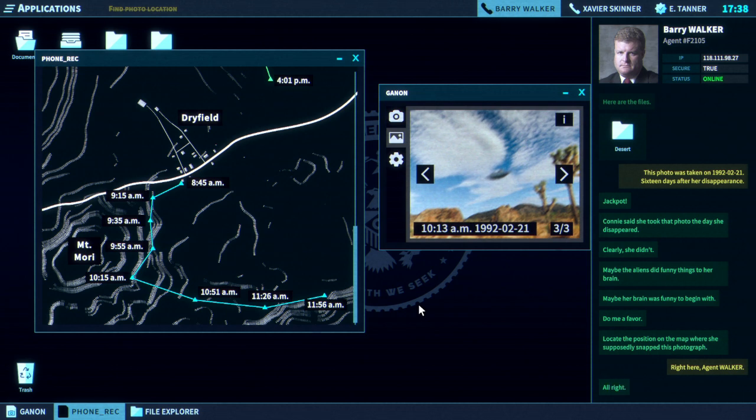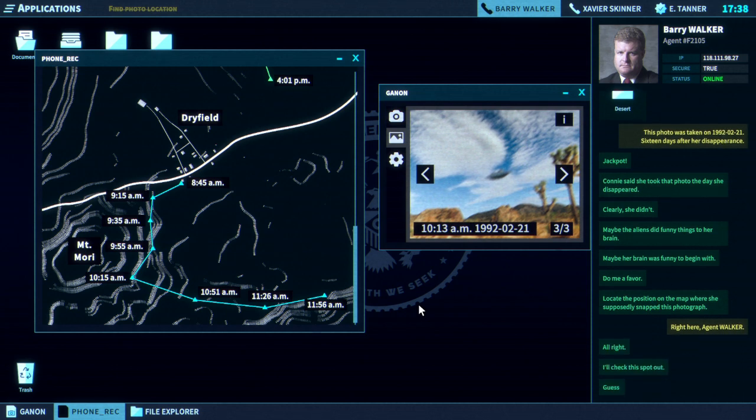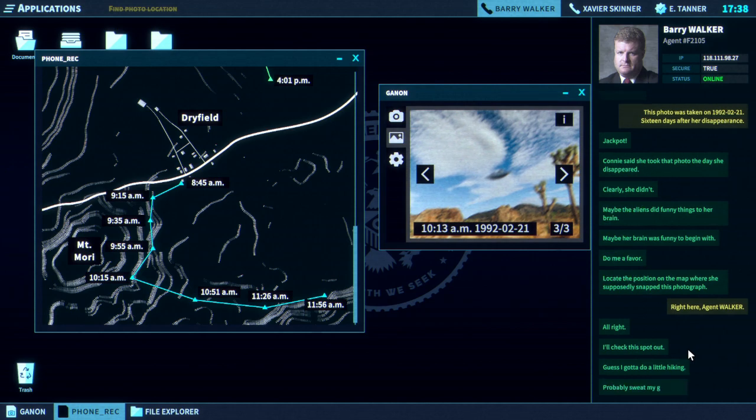Do me a favor. Locate the position on the map where she supposedly snapped this photograph. All right. Now check this spot out. Guess I gotta do a little hiking. Probably sweat my goddamn